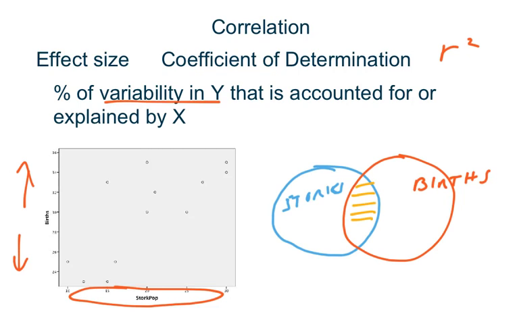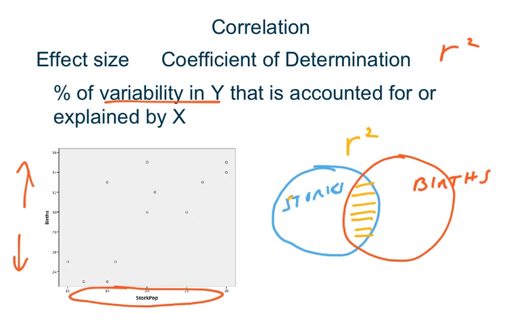There are many explanations for why storks congregate in an area. There's many explanations for why there's a large number of births. But once we know the number of storks, we know at least some of the variability, or some reason for the variability in births. So if we were to square it, R squared equals